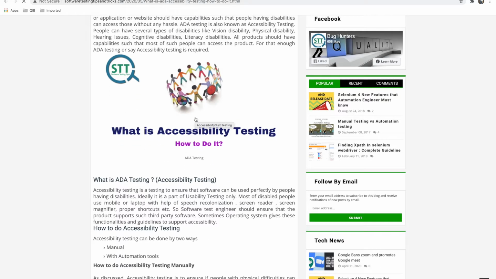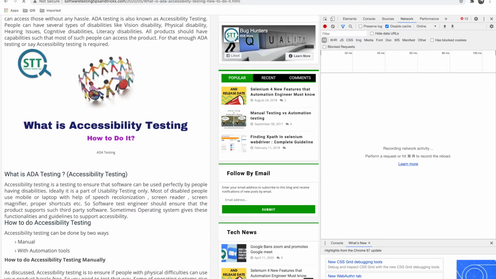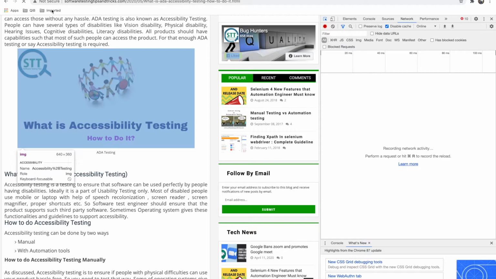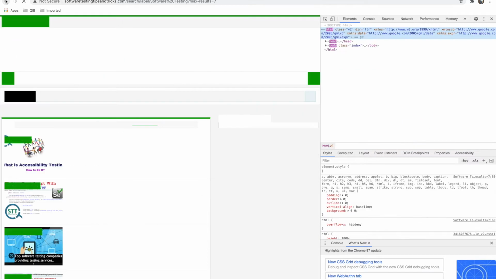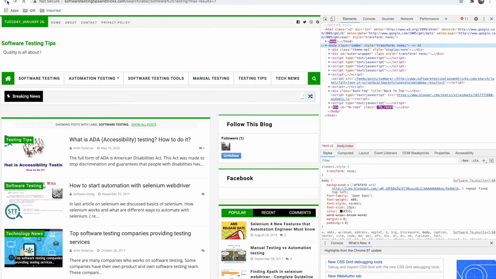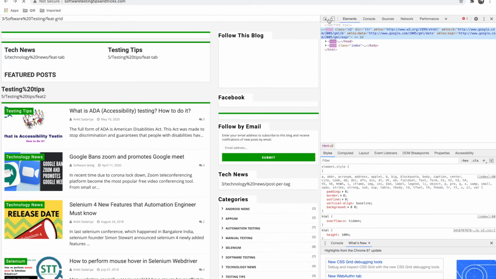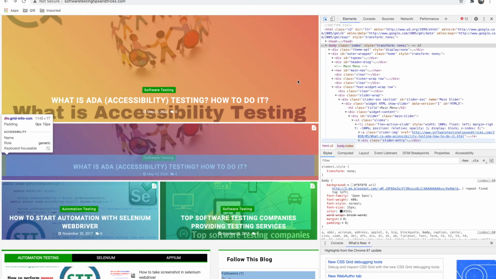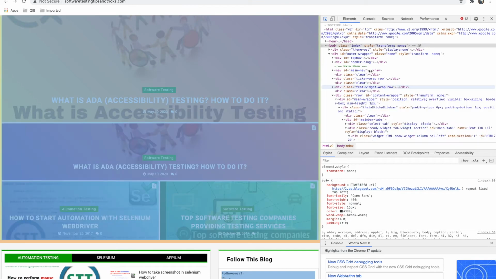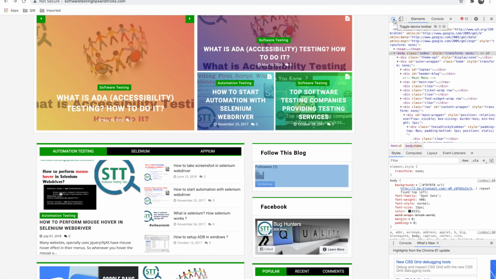So let's go to the developer tool of Chrome and see what's going on here. It's an image. This image is the post main image. Let me give more window to the blog.